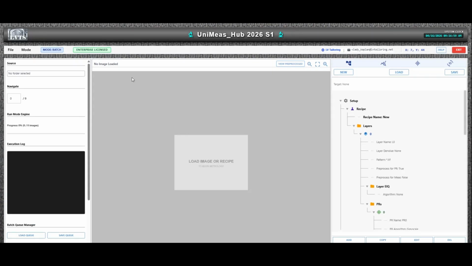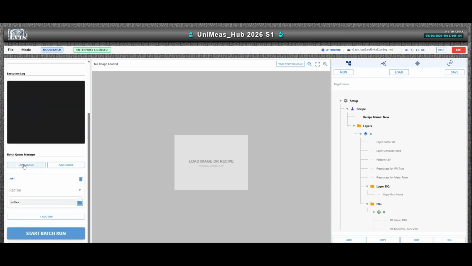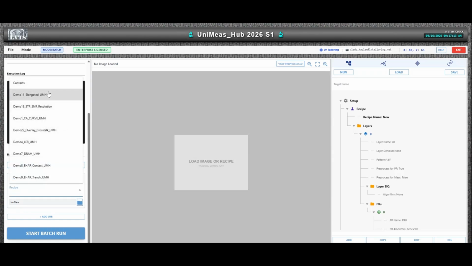The batch mode in Uni Meas Hub features an execution engine specifically designed to handle large image datasets seamlessly. When a user initiates a batch run, they first select a directory containing the images to be processed. Clicking the Start Run button triggers the execution sequence, where the batch runner immediately engages a strict, deeply nested execution